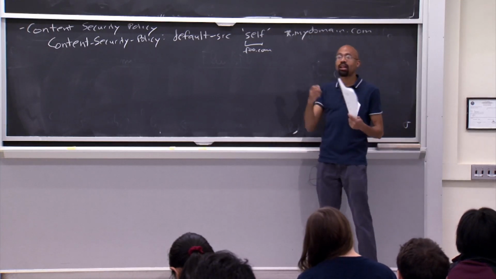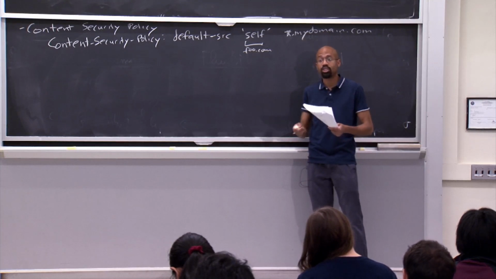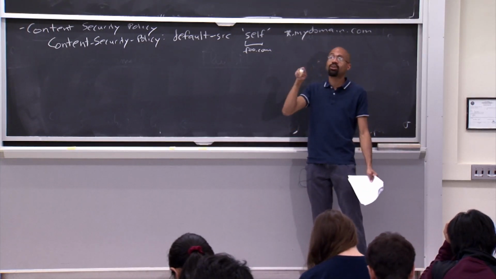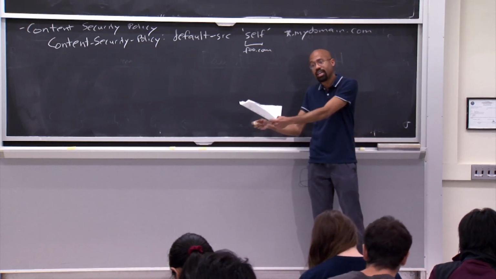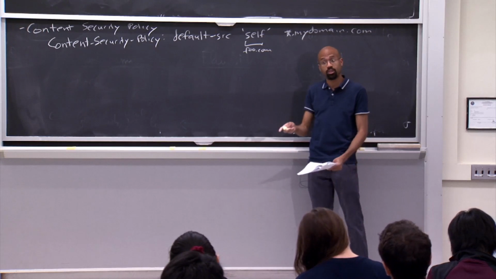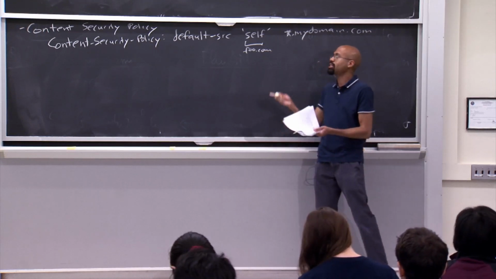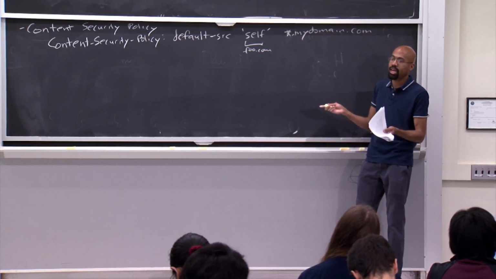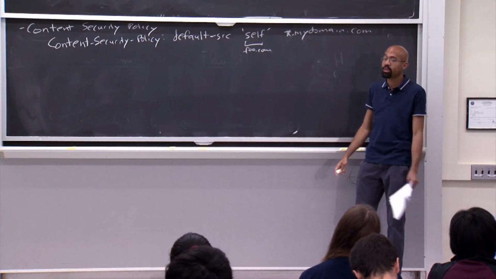So for example, eval is not the only way JavaScript can generate code dynamically. There's the Function constructor, for example. There are certain ways you can call setTimeout where you pass in a string, and you can evaluate code that way. I believe that CSP actually shuts down those vectors as well. But if you're asking, is this provably complete in terms of what it isolates? No. And I don't think that any of these solutions are provably complete.